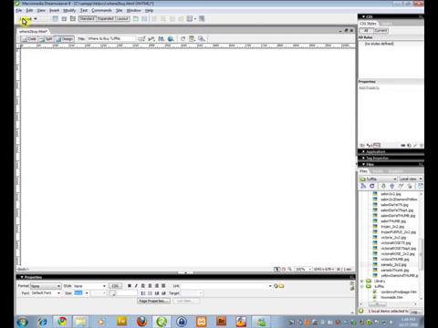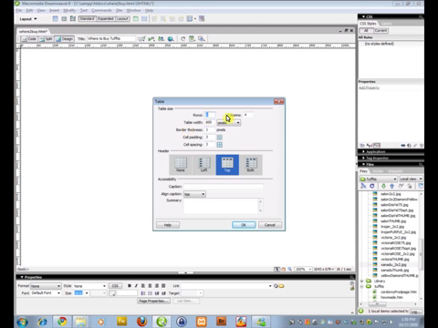We want to make sure that our insert bar is set to layout from the choices above, because we're going to be adding tables in this one, and we also want to make sure that standard is selected. So we're going to insert our first table. It's going to be one row,